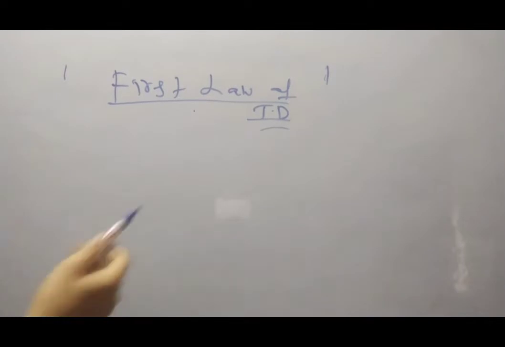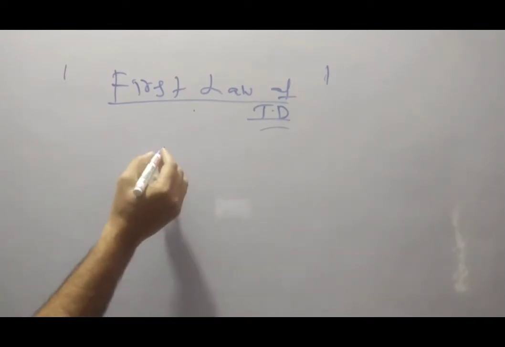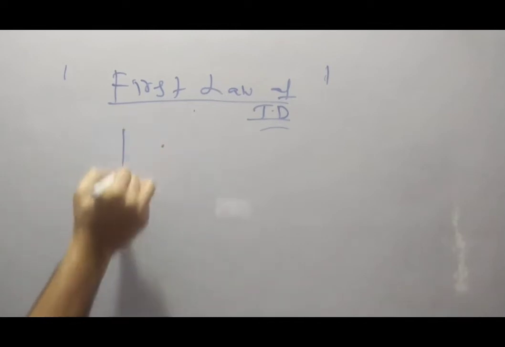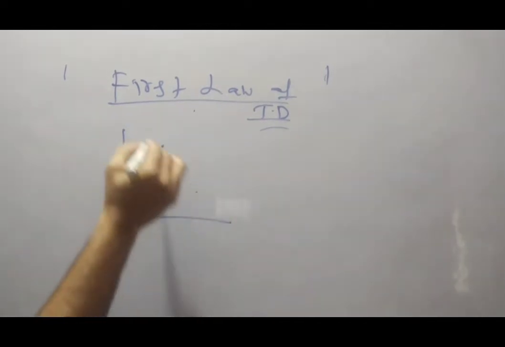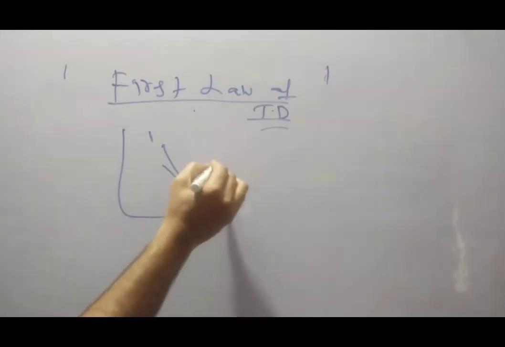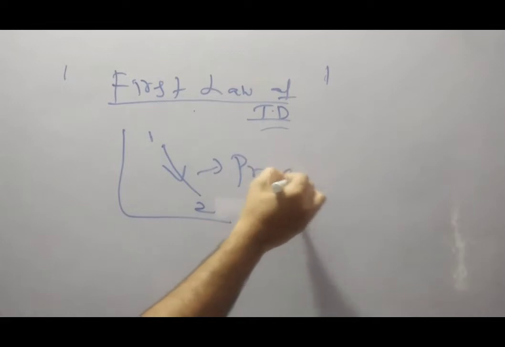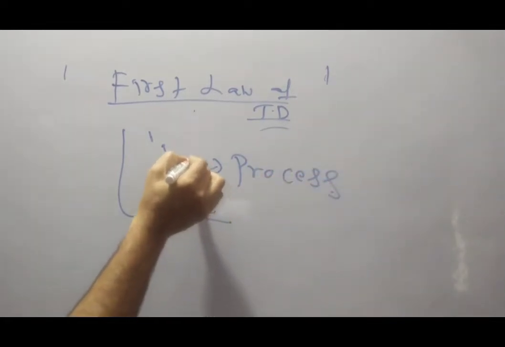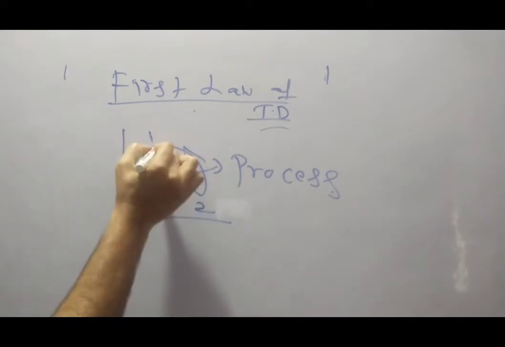Next you have to know about process and cycle, right? So what is a process? A process is whatever graph you took like this. This is known as a process, 1 to 2 is known as a process. What is a cycle? If the starting and ending point are the same. Starting point is 1, and again you reach the ending point. This is known as a cycle,